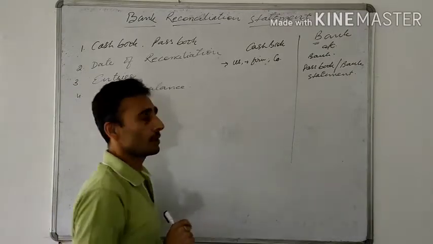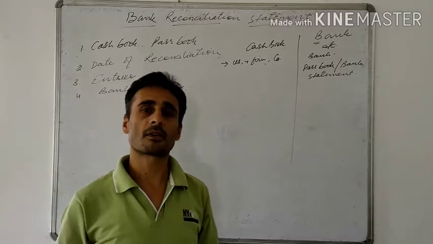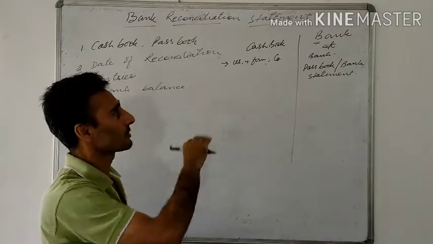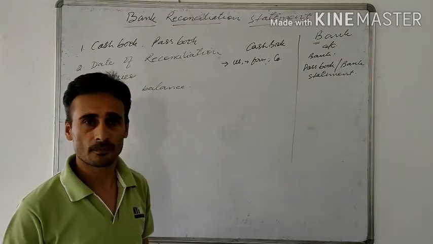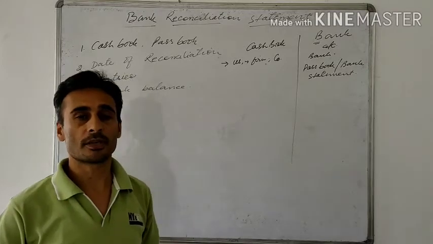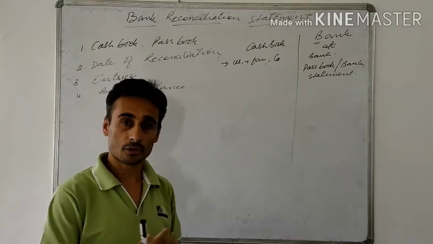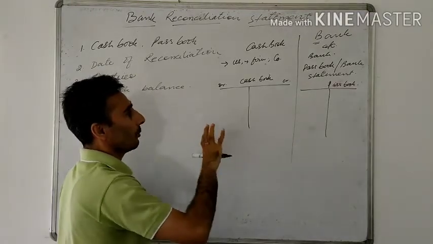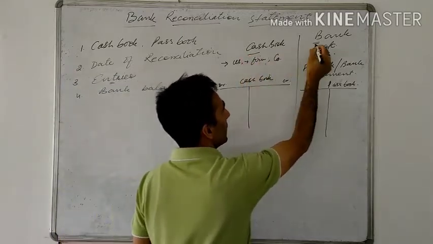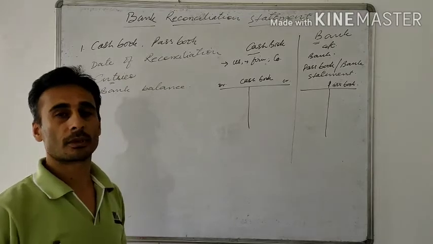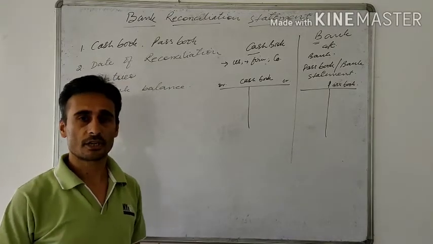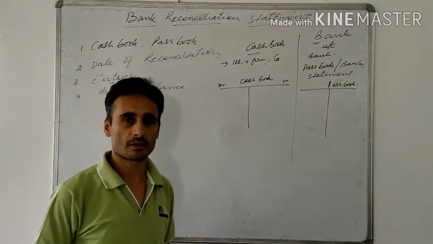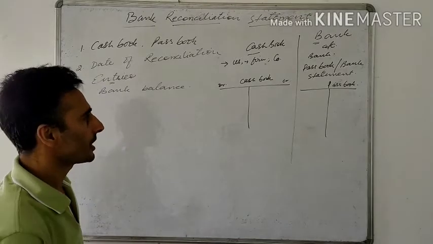Now when we talk about a cash book, we have already learned about the single column cash book and double column cash book. In a double column cash book, you have cash column as well as bank column. So here we are talking about the double column cash book having a bank column. And all the transaction that takes place with the bank or through the bank will be recorded in a double column cash book. Now let's see here what kind of entries will be recorded in the cash book or in the bank account. The dealings with the bank and the firm or the company, like check deposit, cash withdrawal, check withdrawal, or direct deposit made by the customers, and so on. There are so many different transactions that may take place.